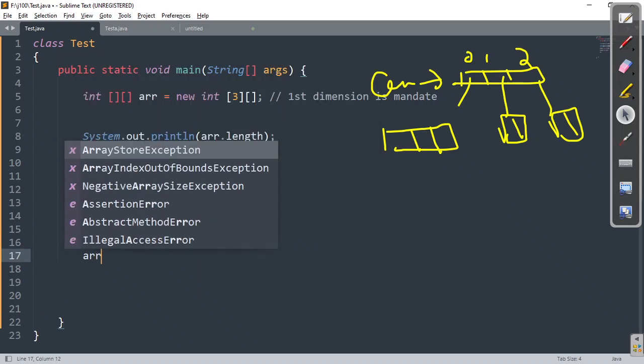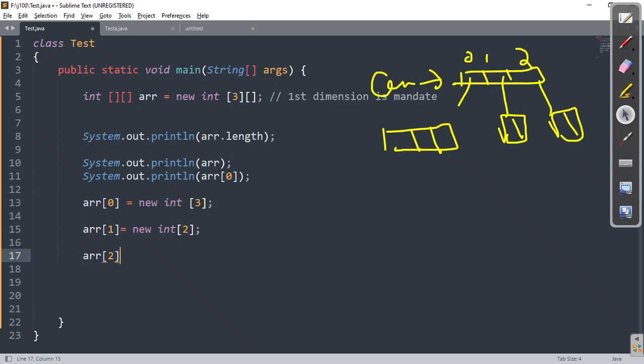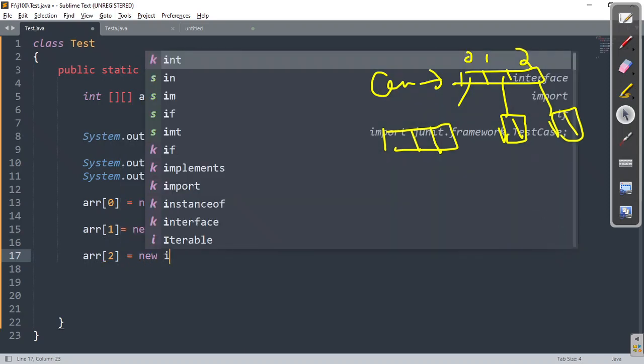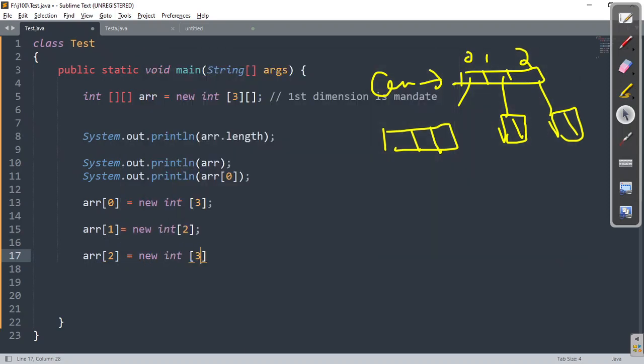ARR of 2 is equal to new int, yes, that will be 2. Now, can you see the first one is having 3 cells, second one is having 2 cells, third one is having 2 cells. If I follow the matrix, it is mandatory it should be 3 for every row if I declare 3. But here the scenario is completely different, right?